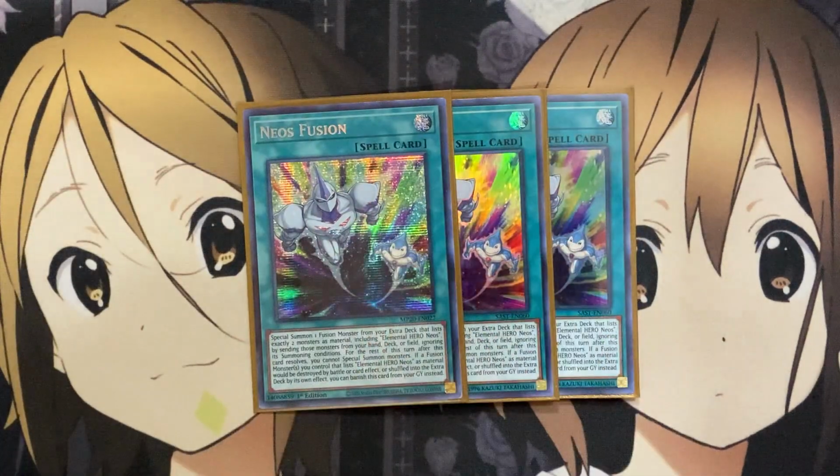I run 3 Neos Fusion. We spoke about it enough with Keeper of Dragon Magic. But you special summon 1 fusion monster from your extra deck that lists exactly 2 monsters as material, including Elemental Hero Neos, by sending those monsters from your hand, deck, or field, ignoring its summoning conditions. For the rest of this turn, after this card resolves, you cannot special summon monsters, and if a fusion monster you control that lists